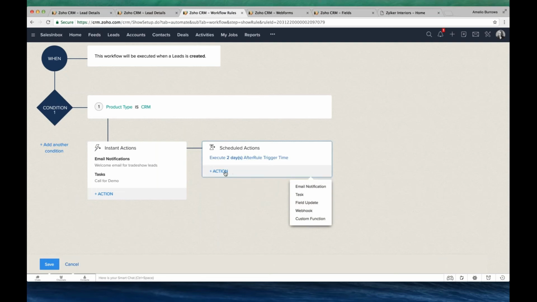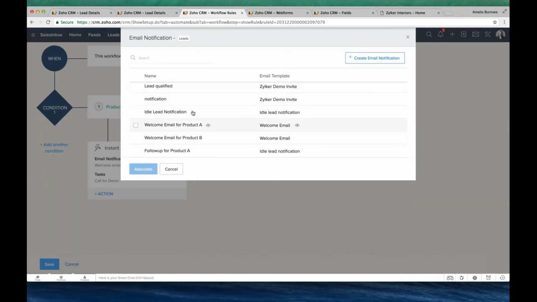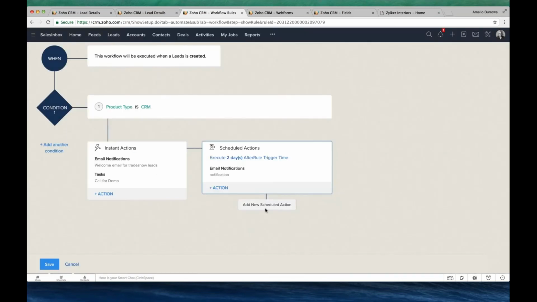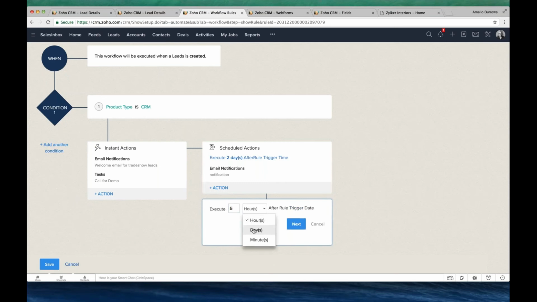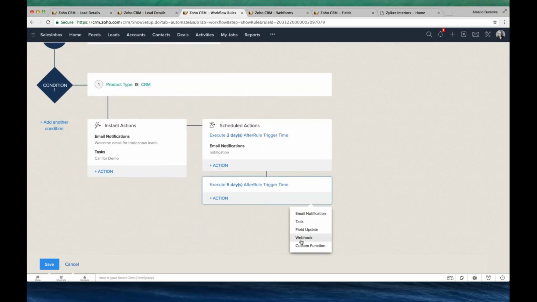So I would like to add a few actions to it. Say again an email notification, and another action probably in another 5 days, probably a field update.